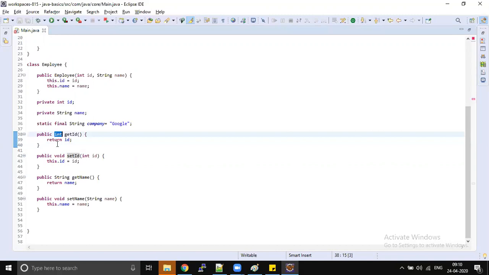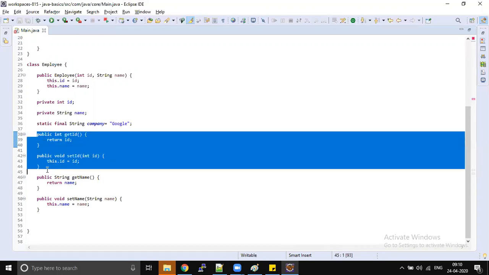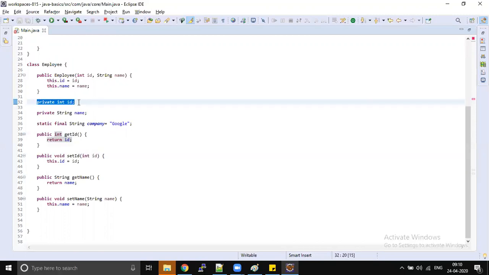Similarly, we also have a standard for the getter method. It should return something, whereas a setter won't return anything. A getter should always return something, and it's not supposed to take any arguments. Whereas the setter method won't return anything, but it takes some type of argument. That is the Java standard for setter and getter. By making the fields private and using setters and getters, we achieve encapsulation in Java, right?